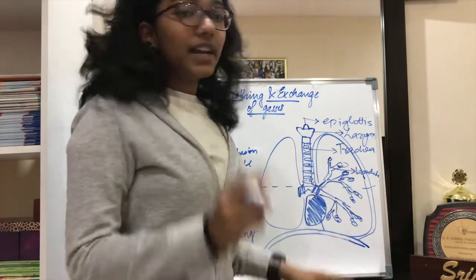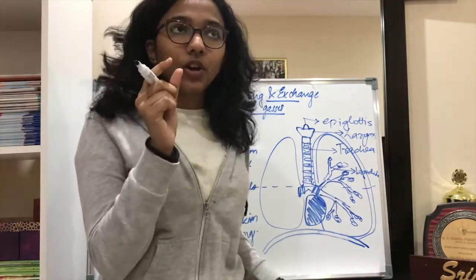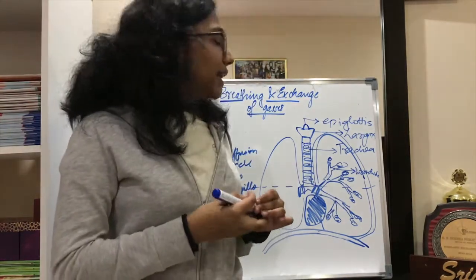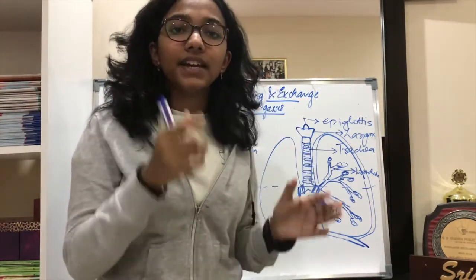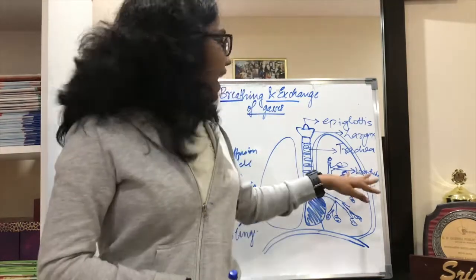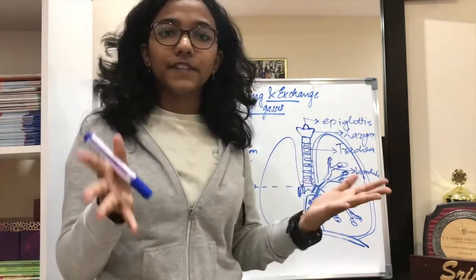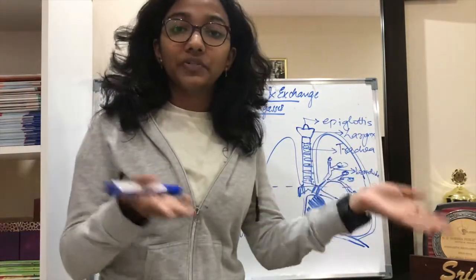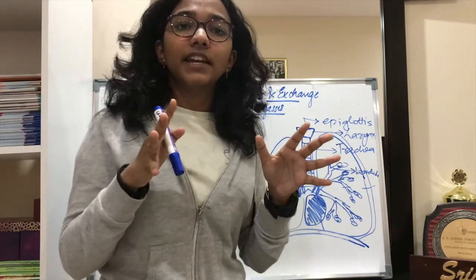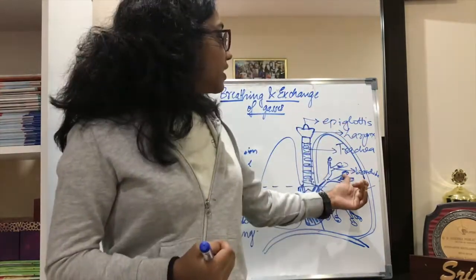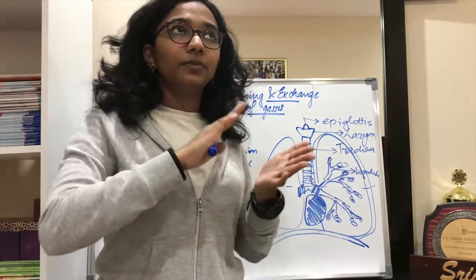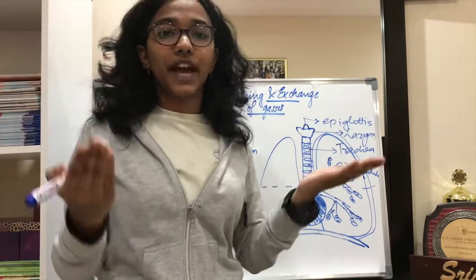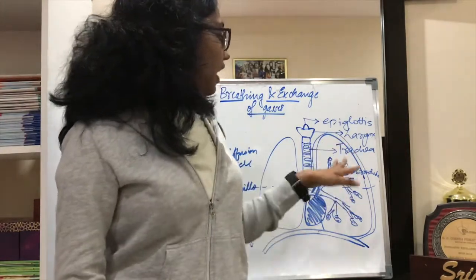The bronchioles end at vascularized bags which almost look like grapefruits, known as alveoli. Alveoli are made up of a thin membrane, and that is the place where the actual exchange of gases takes place. This is so that they can increase the surface area for gaseous exchange. For example, we learned about villi in the digestive system, which increase surface area for absorption of food. Similarly, when we have millions of small alveoli, they automatically increase the surface area for exchange of gases.